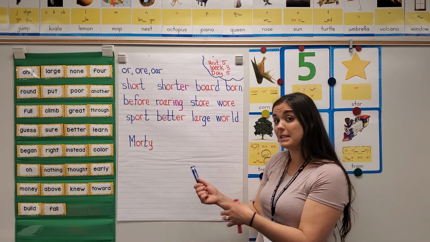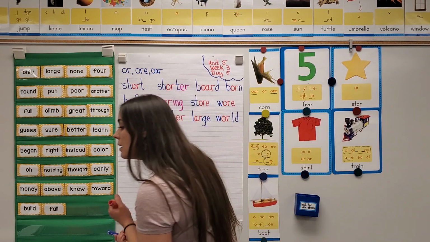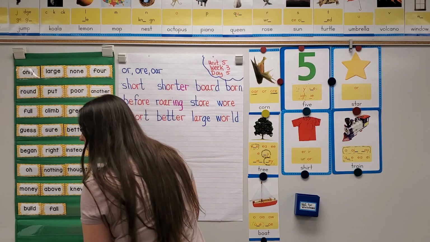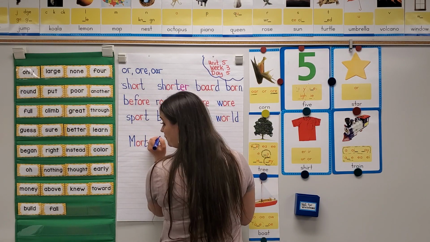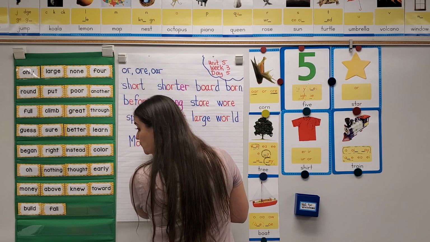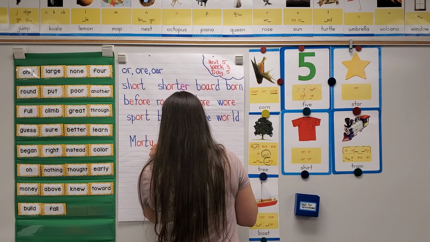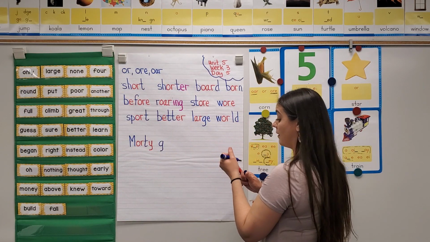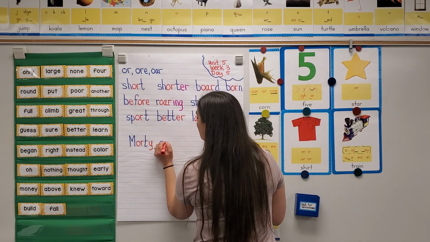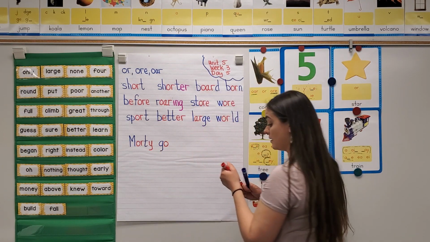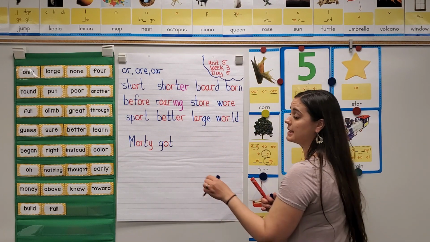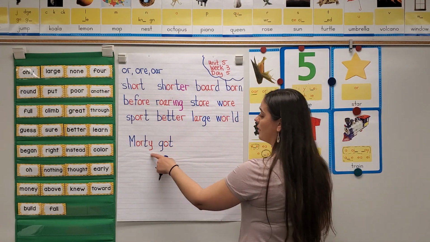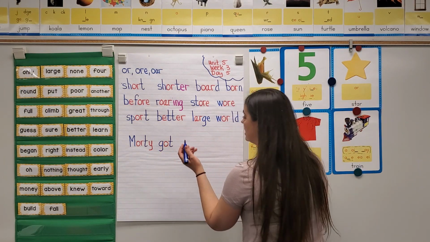And in this sentence, Morty is a name. G says ga. O says ah. T says ta. Ga, ought, got. So Morty got